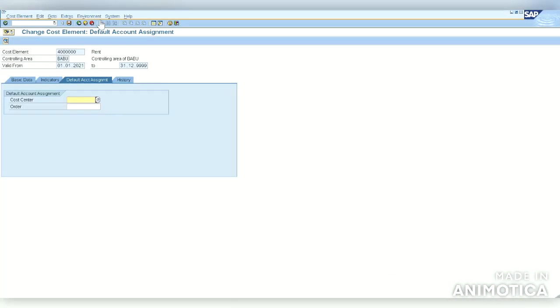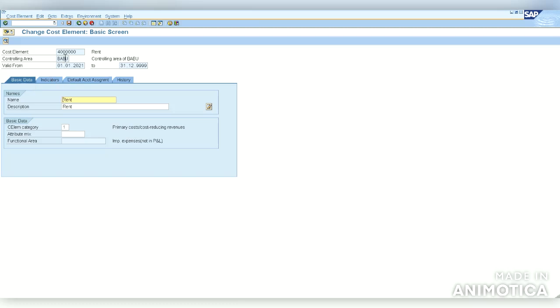If we move on to the ECC screen and click on the GL, I have actually come to the edit cost element screen in ECC. If we see, we can create the cost element with the controlling area, and there is a valid from and to. This was totally removed in S4HANA, and the name and description will be defaulted from the GL account. We have given the cost element category as primary costs.